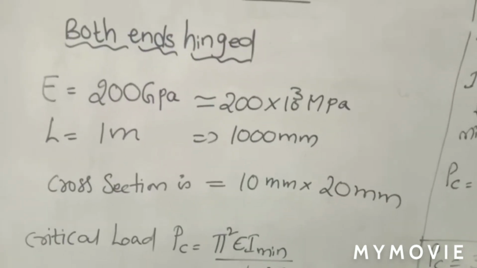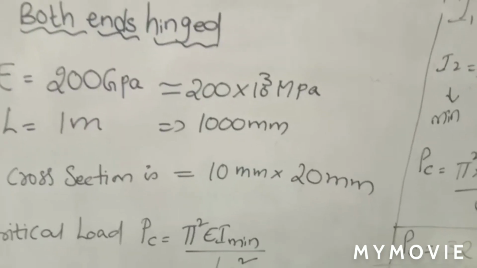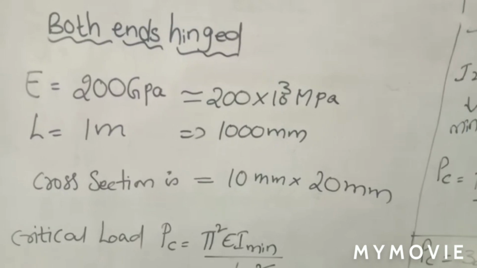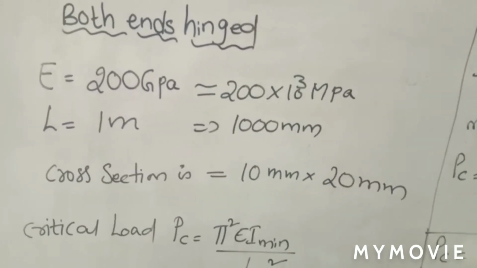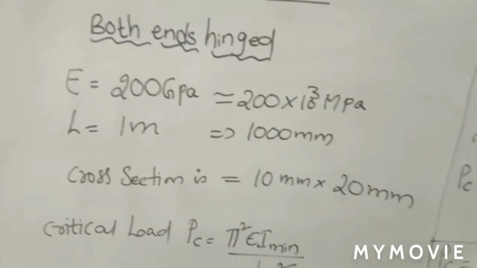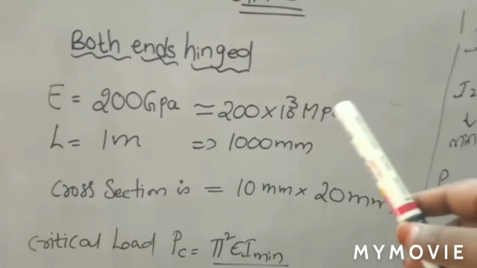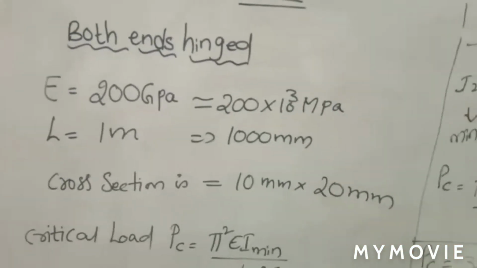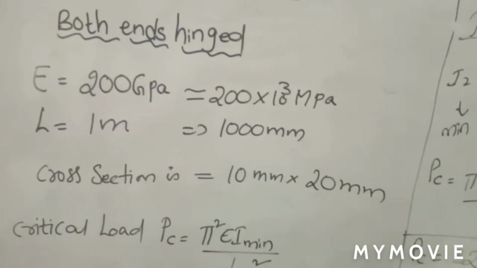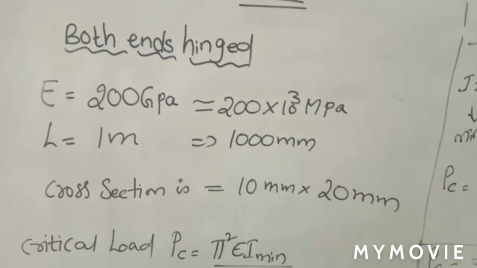Column problems are very easy. There are simply 4 conditions you are supposed to remember. Based on only those 4 conditions, you can solve many problems. Whatever problems are mentioned in the examination, you can easily solve them if you know the formula. The procedure for solving a problem in the GATE examination is very simple. If it is a numerical one, it is very easy.